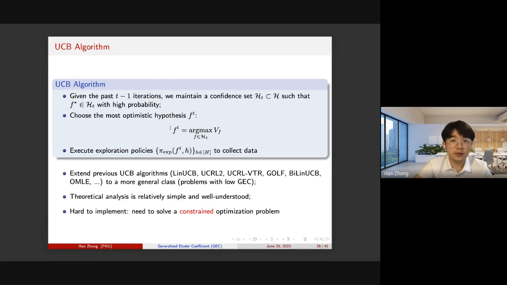And this UCB-based algorithm extends the previous UCB-based algorithm to a more general class, the class of problems with low GEC. The advantage of the UCB-based algorithm is the theoretical analysis is relatively simple and well understood. But the UCB-based algorithm is hard to implement since you need to solve a constrained optimization problem, which is hard to solve in practice. So to this end,